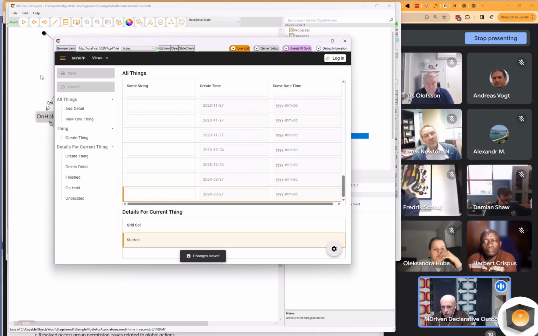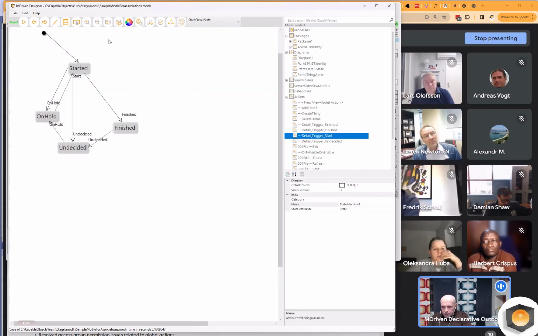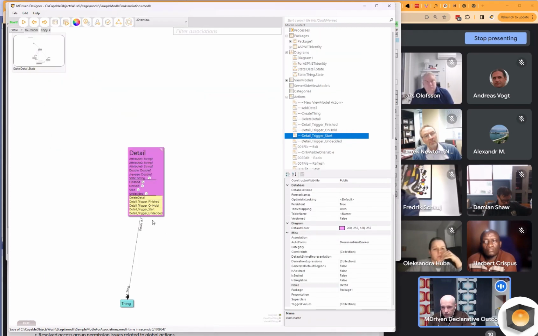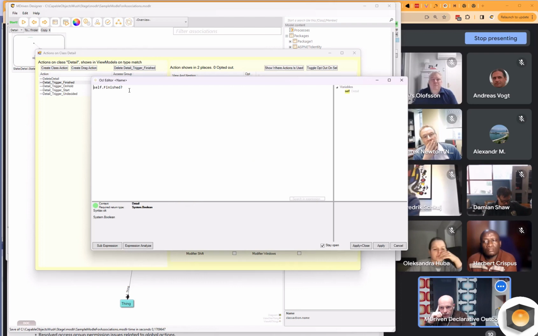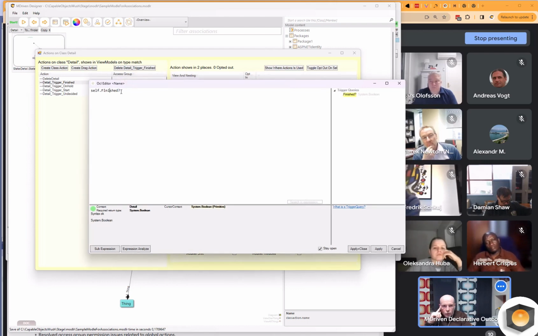So that sort of works, and we're going to see these class actions that we created. The ability to actually hide them was predicated on them using the thing that we call the trigger query.